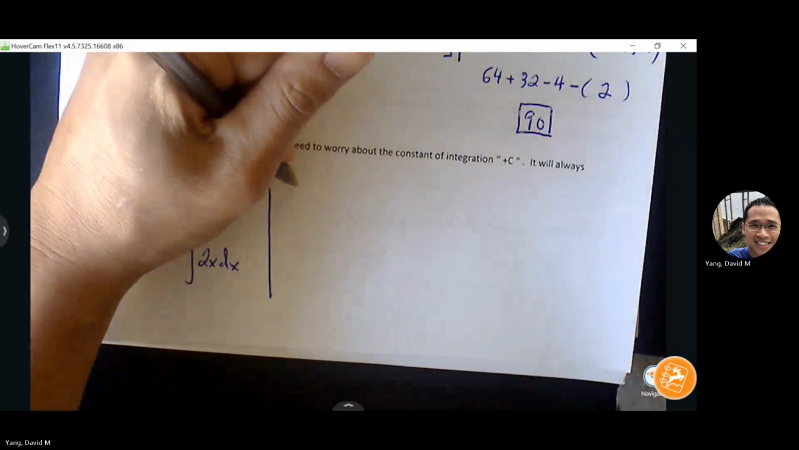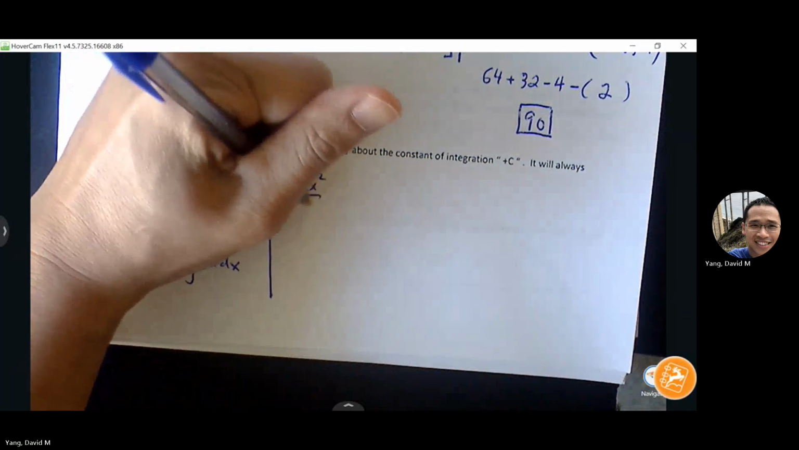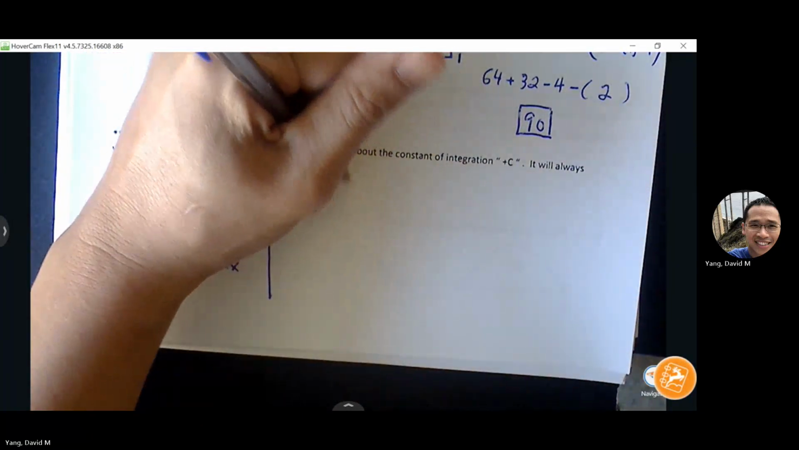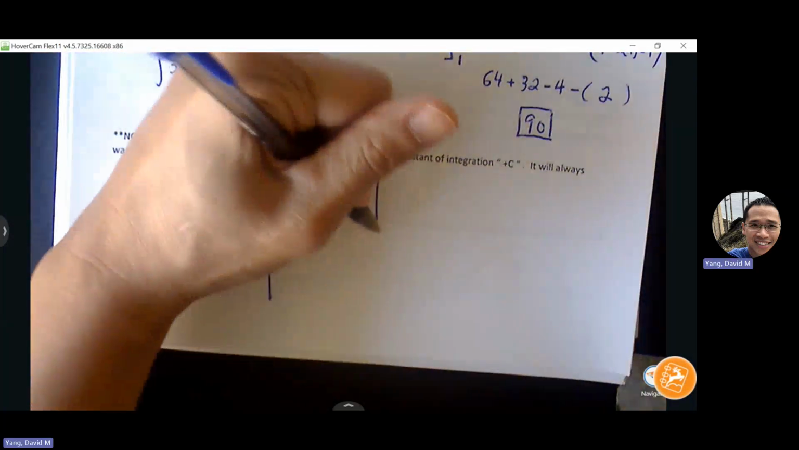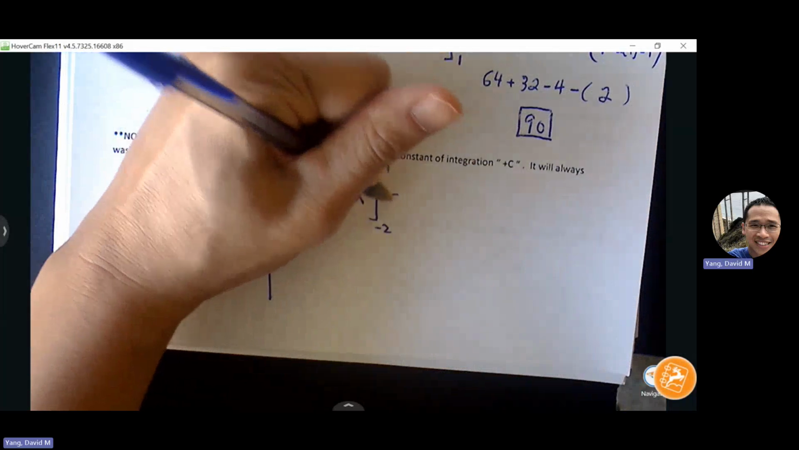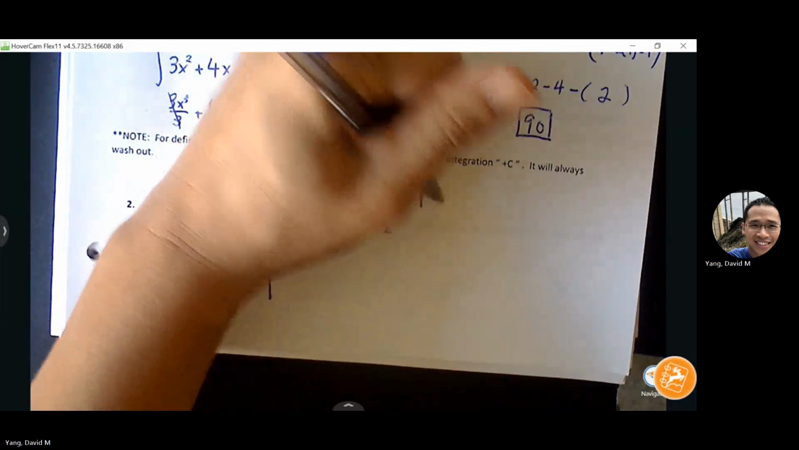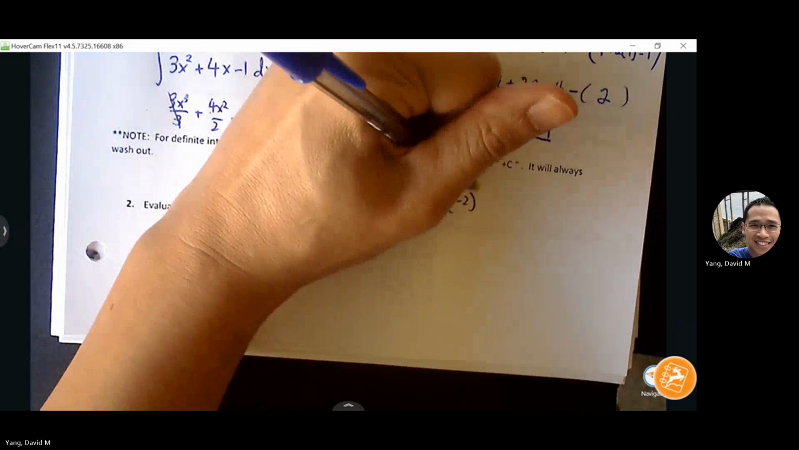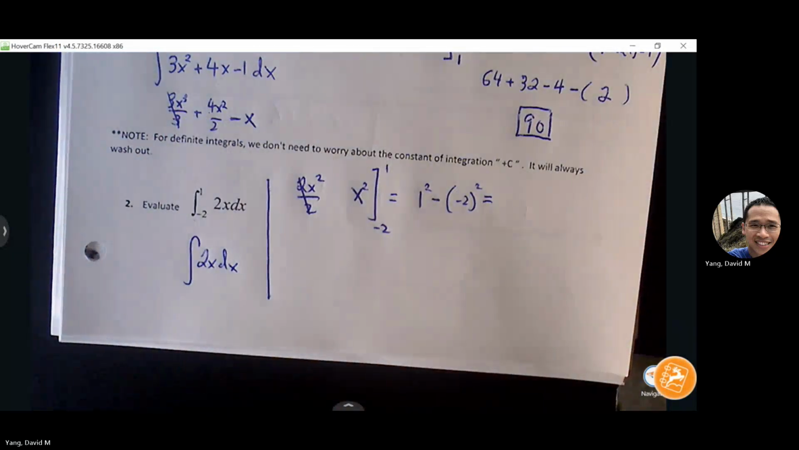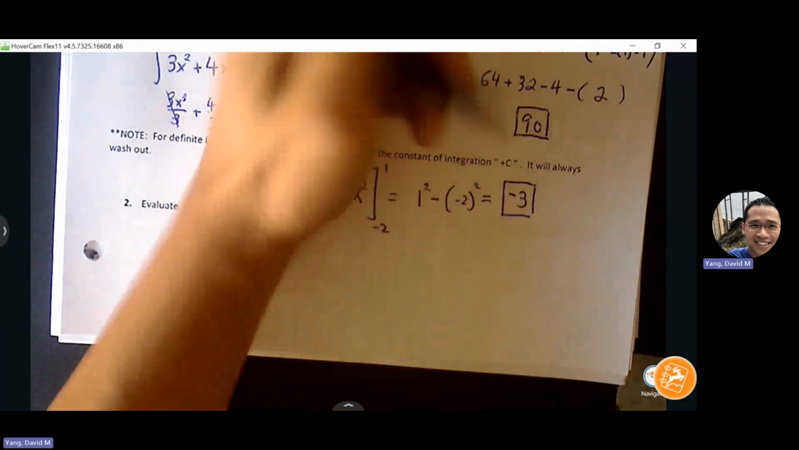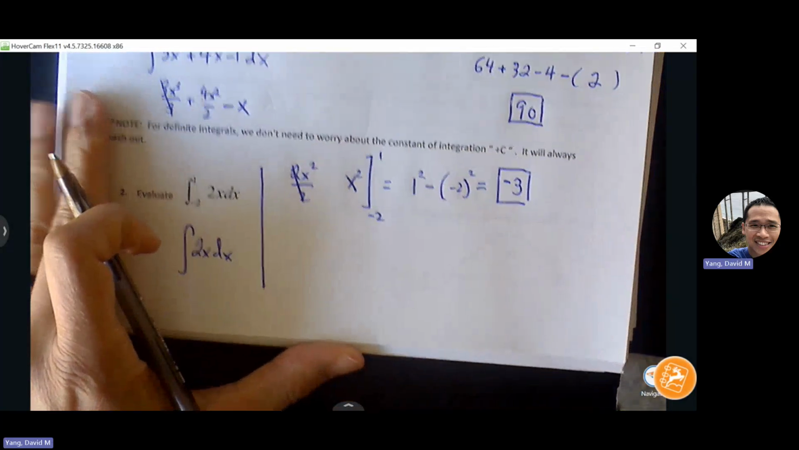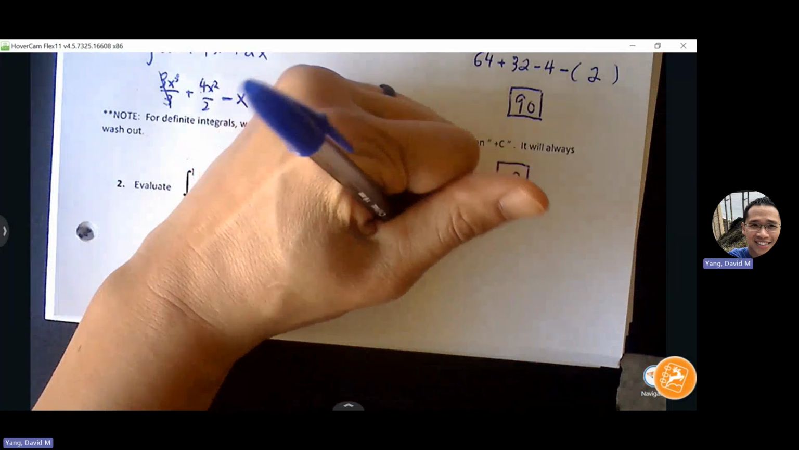X squared. And then once we have our x squared, this is our antiderivative, this is basically our uppercase F. We can plug in our upper and lower bound. What do we get? -3. This feels weird, right? Because we're like, wait, we're talking about area here, so why are we getting a negative value? So I want to just kind of show you